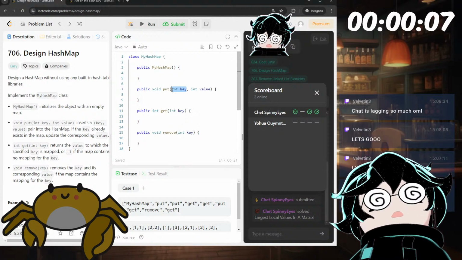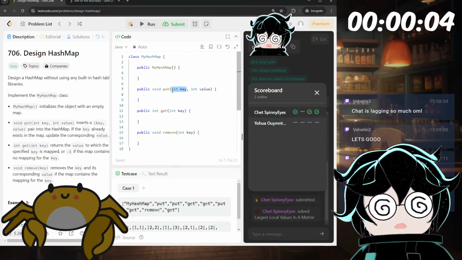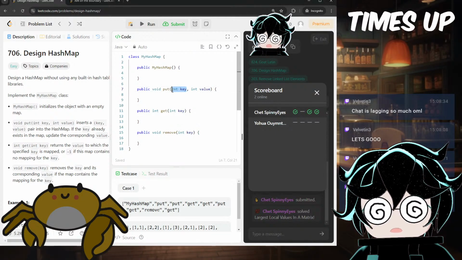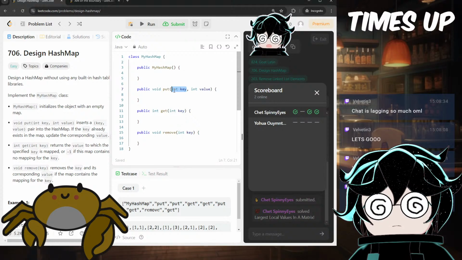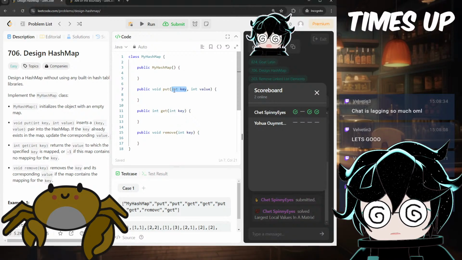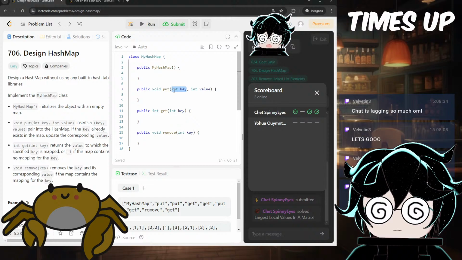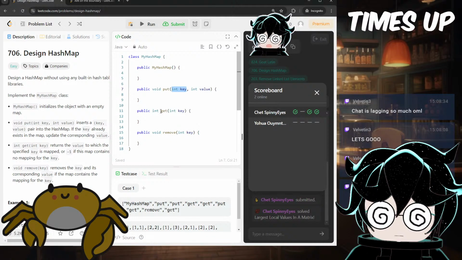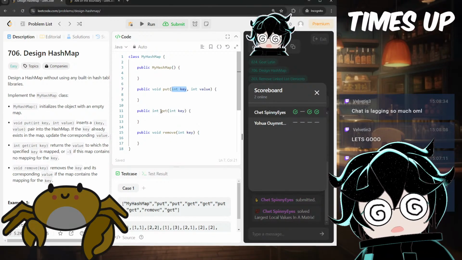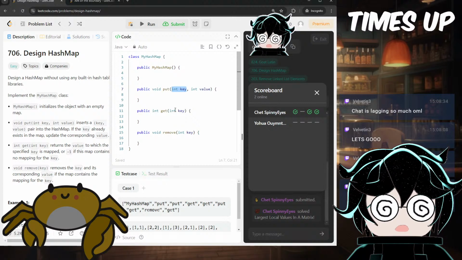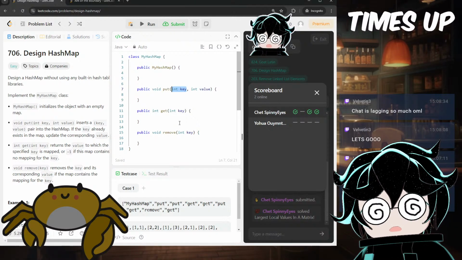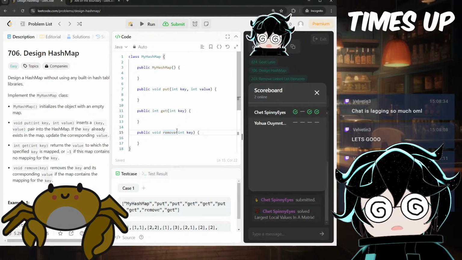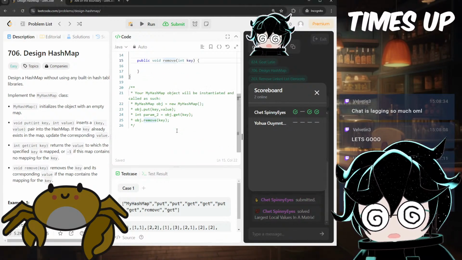Sure, let's do a linked list. Array with linked list. Put the key in with a linked list pointing to the key and then the value, right? Sure. And then when you get, you compute the hash value, go to the correct index in the array, go through your linked list sequentially and try to find your key and value. Remove, you compute the hash key, go to that index, and remove from the linked list. Sure, that's the basic idea, I think.